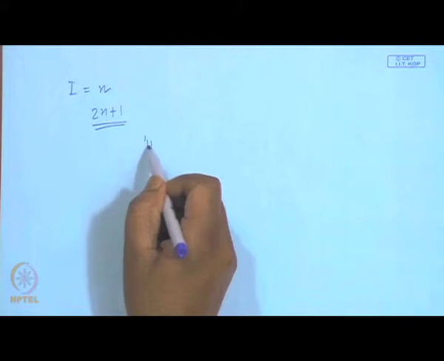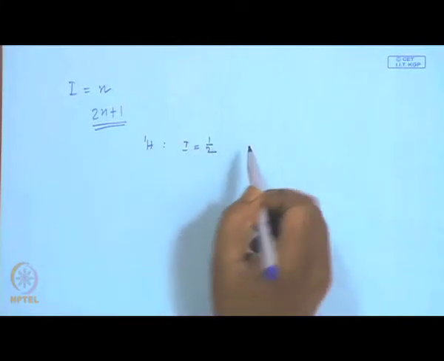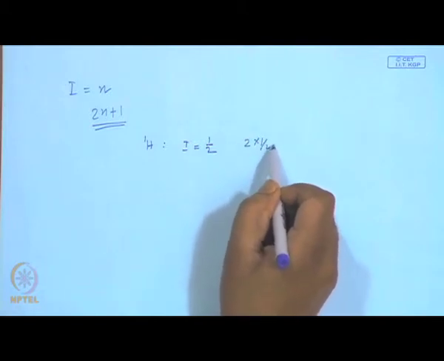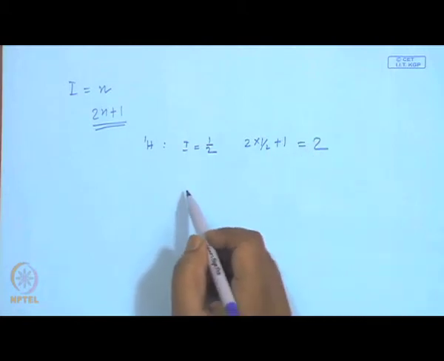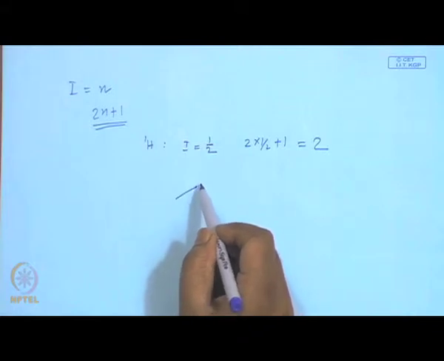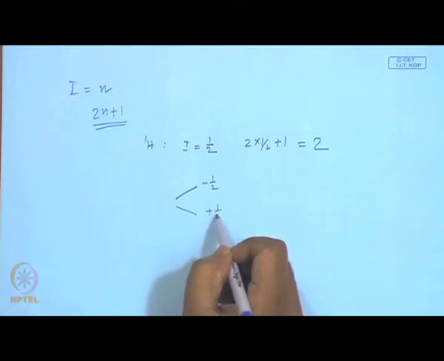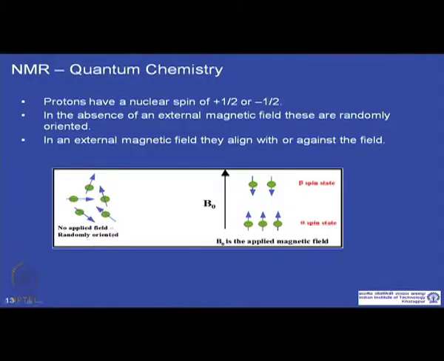So, for a proton, I is half, so it can have 2 into half plus 1, which makes it 2 different energy levels, which we call minus half and plus half. In terms of pictorial representation, for a proton, these spins are